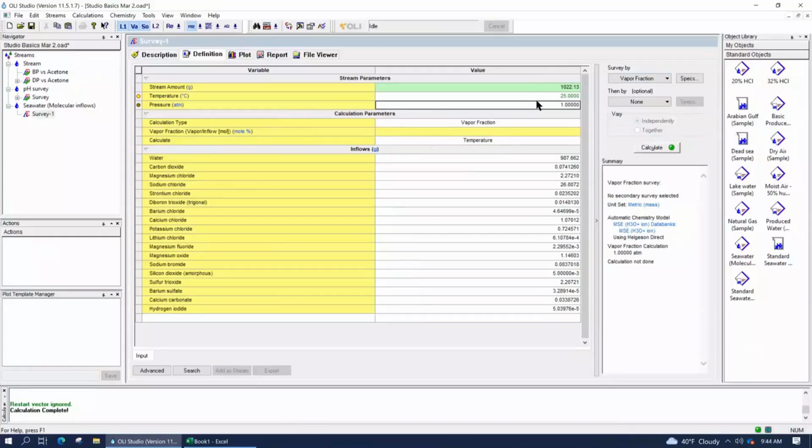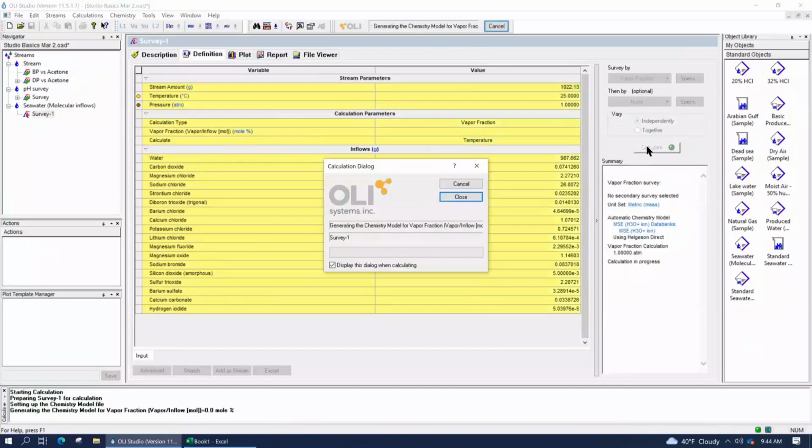You know that depending upon how you evaporate, you can evaporate at vacuum conditions in order to get lower temperatures, and as a result, get different solids that form. So right now we're going to use the default settings of 1 atmosphere, and the default of temperature, and we're going to press the calculate button.